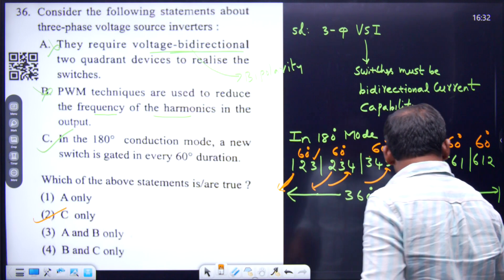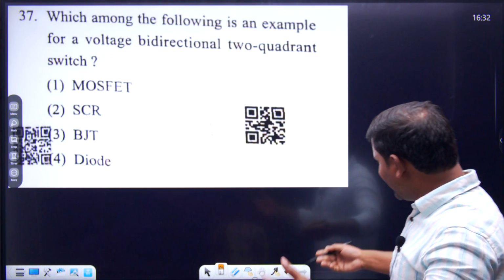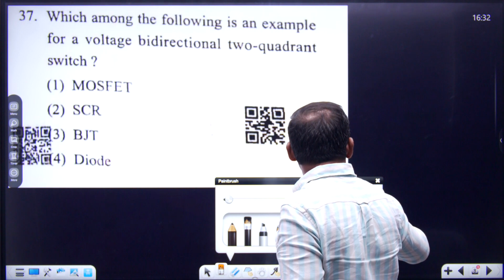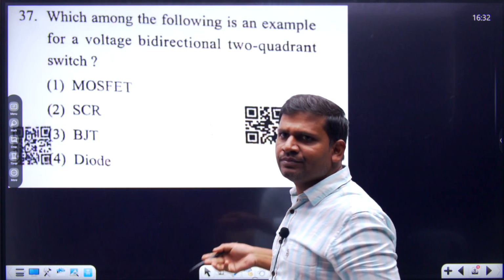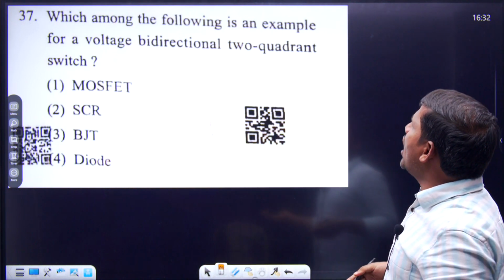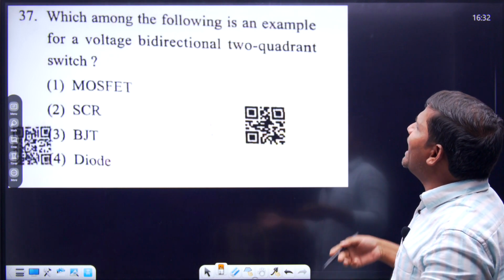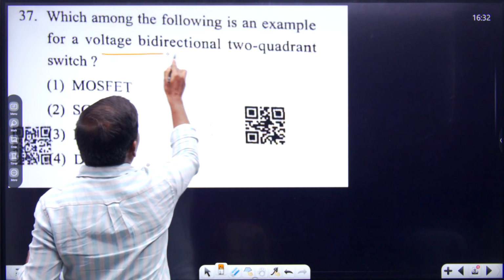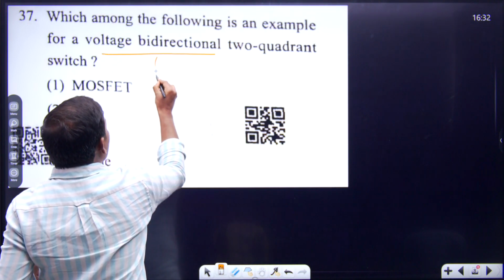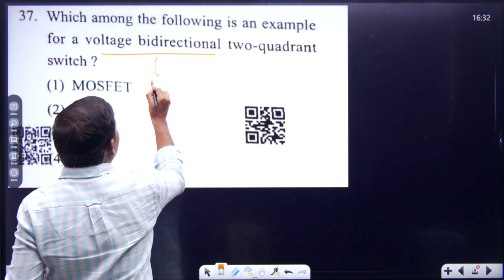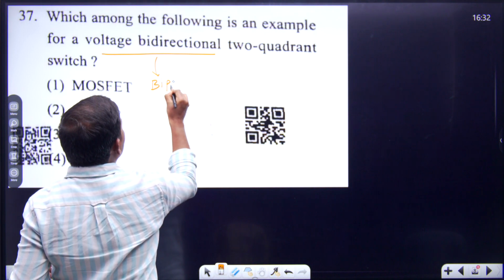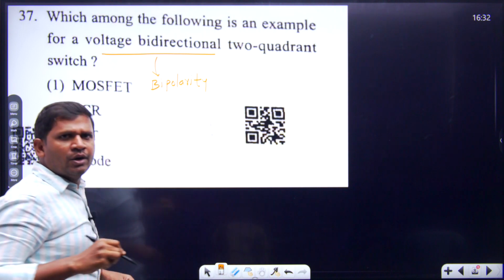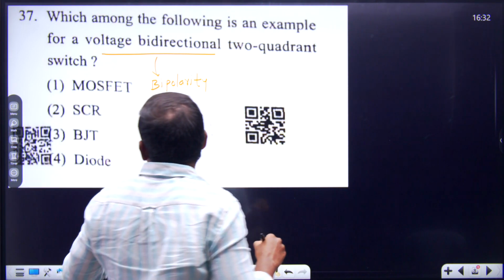See one more question. It's very simple, students. Once you know the subject, solving these questions is very easy. Which among the following is an example of a voltage bidirectional 2-quadrant switch? Voltage bidirectional, what is the meaning, students? Voltage bidirectional means bipolarity. Bipolarity means it blocks both the voltages. We know that